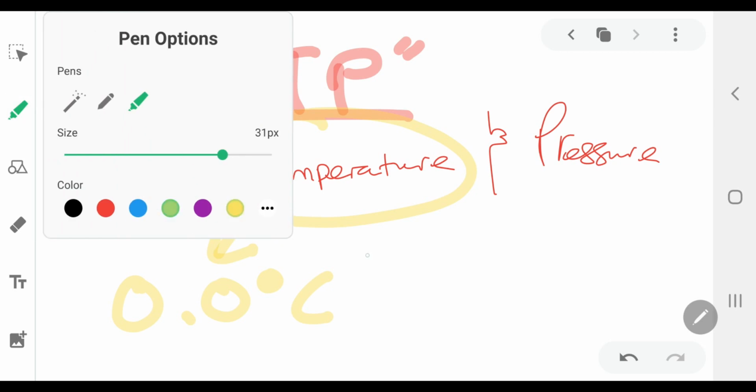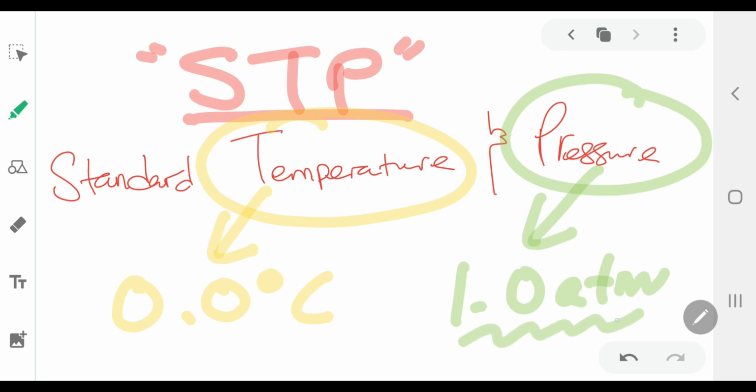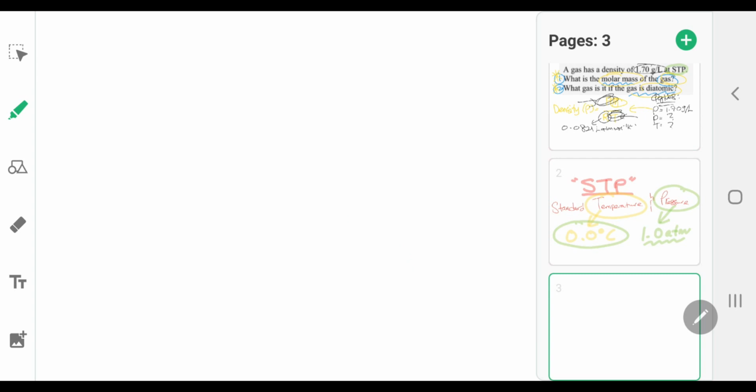And then the pressure at standard would be 1 atmospheric pressure. So in terms of the ideal gas law, we can see that the standard pressure does not require any conversion, but this one over here, you need to remember, you have to convert this first. Okay, so when you convert that, remember, we're going to use